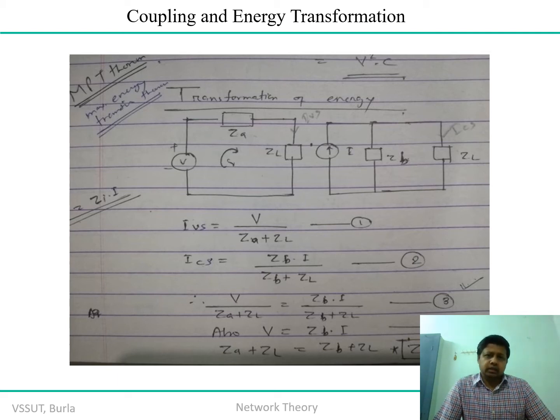Okay, and if you see again, the justification, as per the maximum power transfer theorem, is that you can transfer the maximum amount of energy from one port to another port only if the circuit impedances, that is Z and Z_B, are complex conjugates of each other. Right?